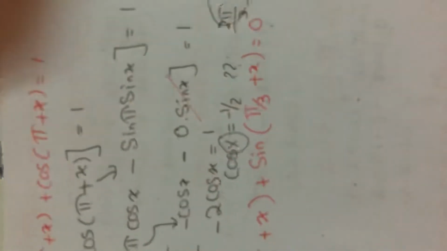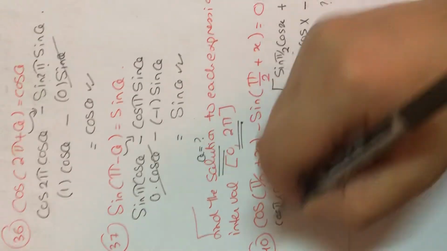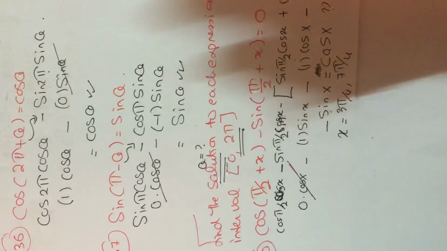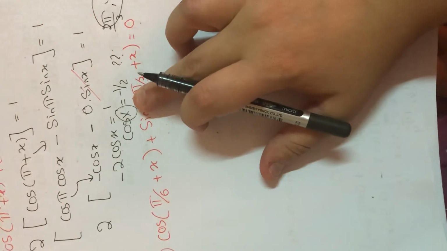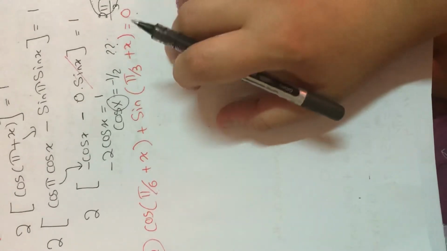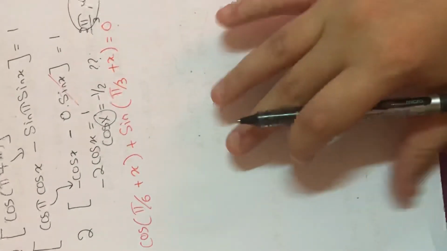I forgot to tell you something regarding this question. Where did I start? The question said find the solutions to each expression on the interval 0 to 2 pi. That means one round, we're not going more rounds, right or left or anywhere. So only answers on the unit circle will fit this. And I didn't do inverses. Okay, I did not say cosine inverse of negative half. So we think that cosine is only from 0 to 180. I just left it: cosine x is